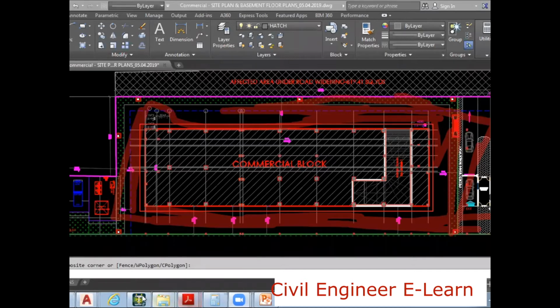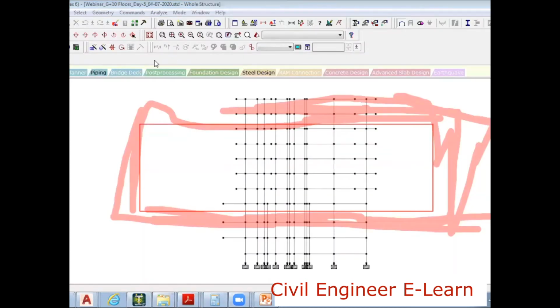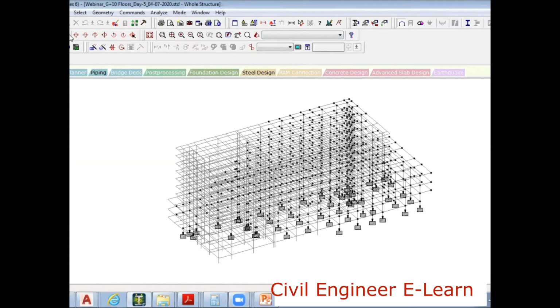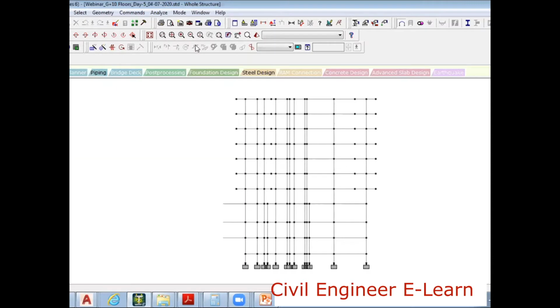But when I look at this, I understand that we made a mistake here, in the sense this should not be continued. I'm going to use this left side view. I should have a tower like this only. This is our tower. I should not be having this one, up to this. So that's why I'm going to select like this, and delete them.